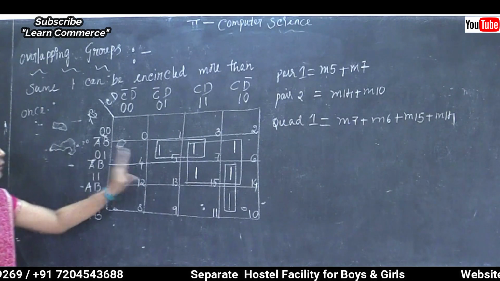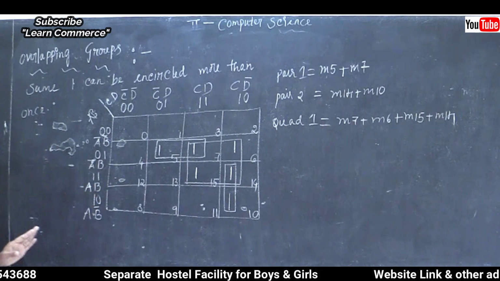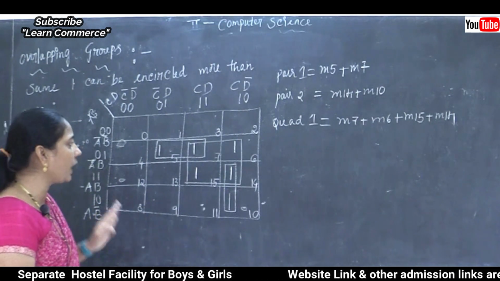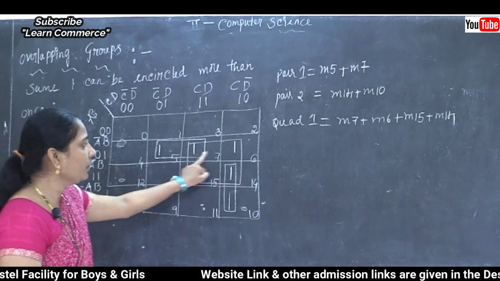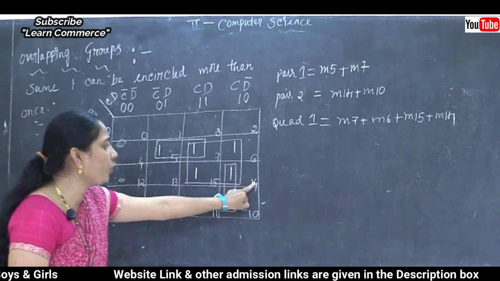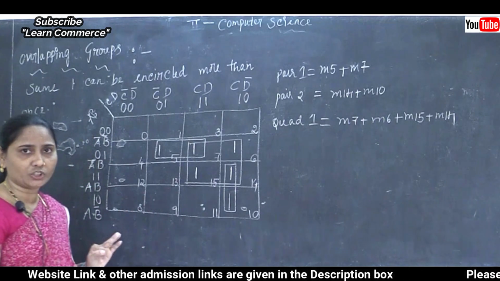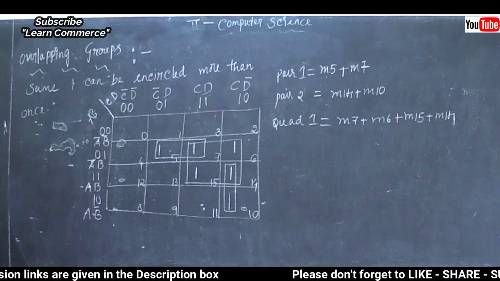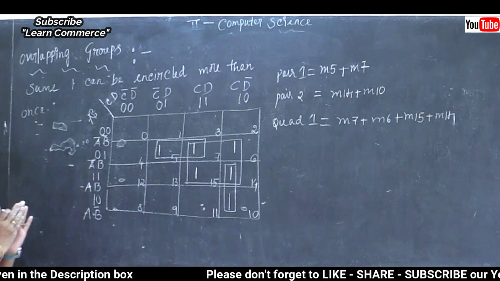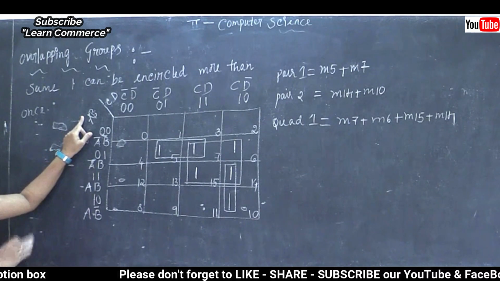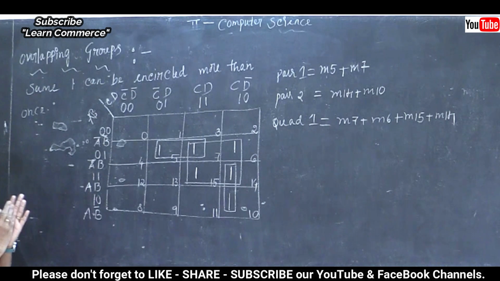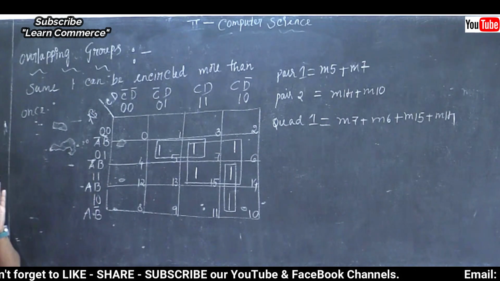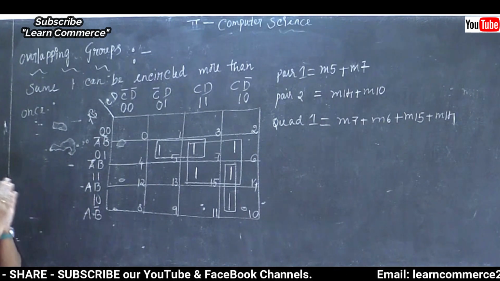And in the question, maybe the values we need to take are the numbers 5, 7, 6, 15, 14, 10. Maybe in the question some values are given, such as F is equal to sigma, opening parenthesis, the variables A, B, C, D, closing parenthesis, is equal to again opening parenthesis, and they add some numbers in the question.